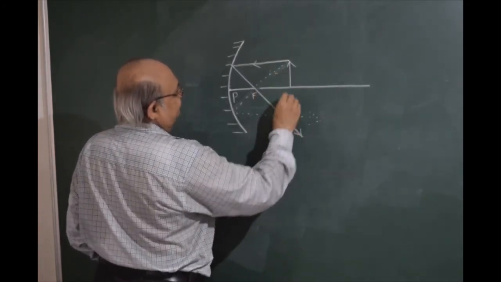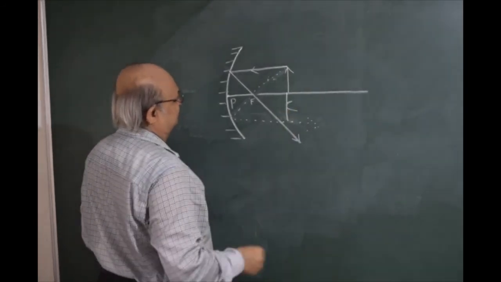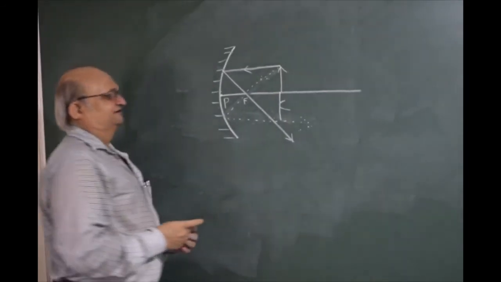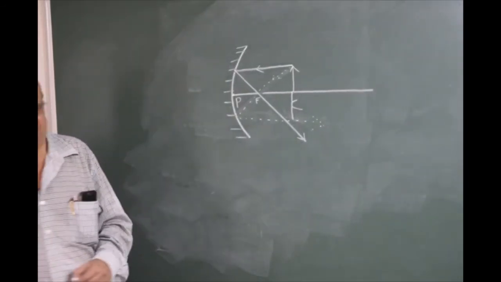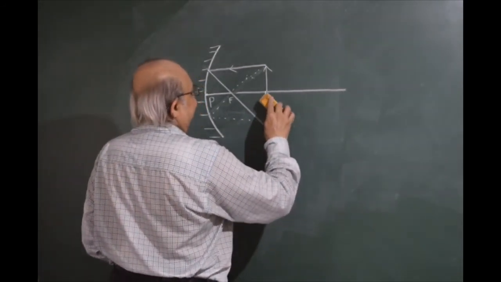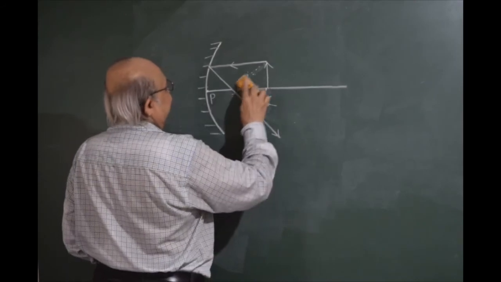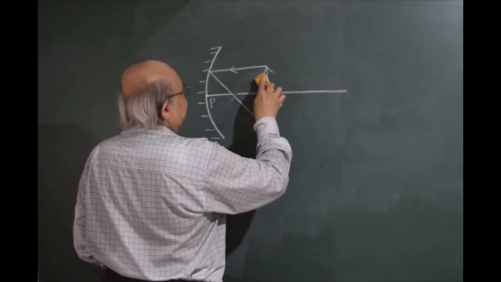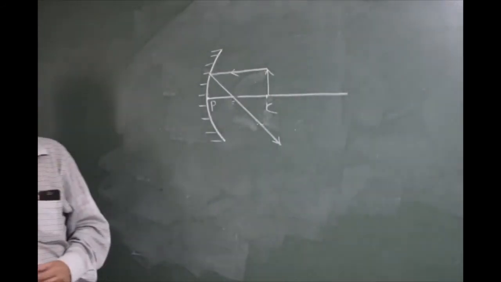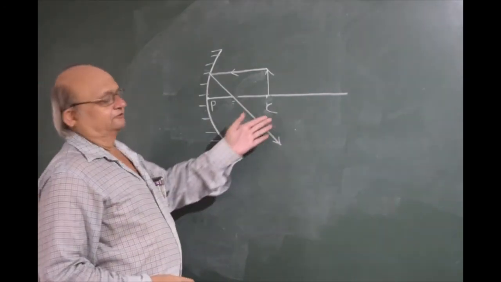and because they meet here, we will get an image also. Unfortunately, we are not getting the image, so let us eliminate this ray. We don't want to draw this ray. Why am I doing this? So that you too can use any one of the three and check out which one is giving us a proper image. The next one, passing through C, we cannot draw.